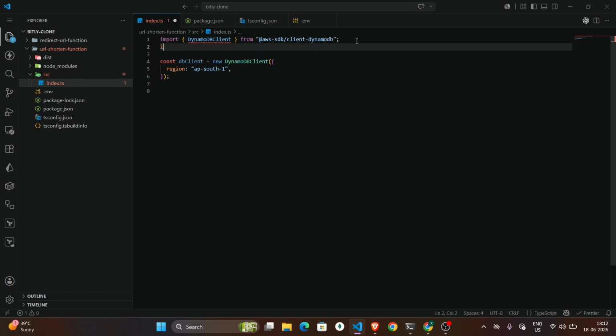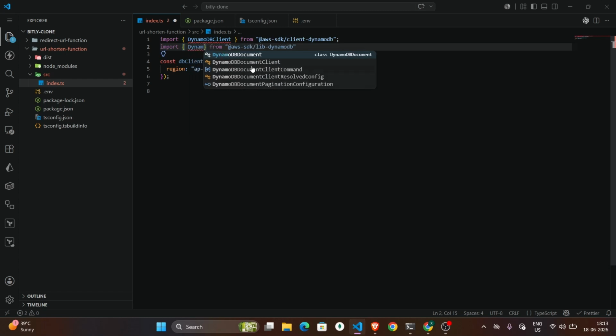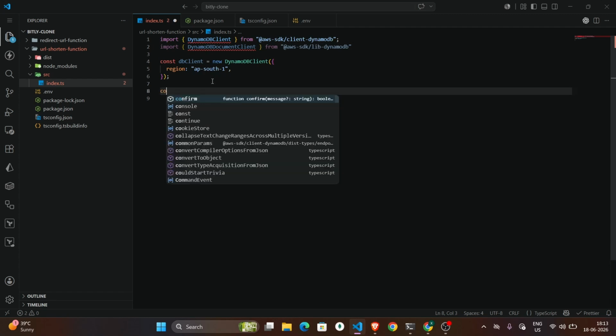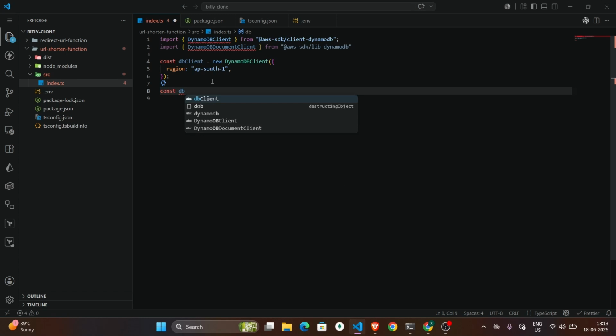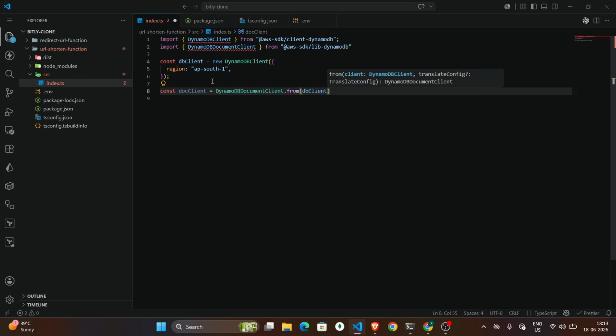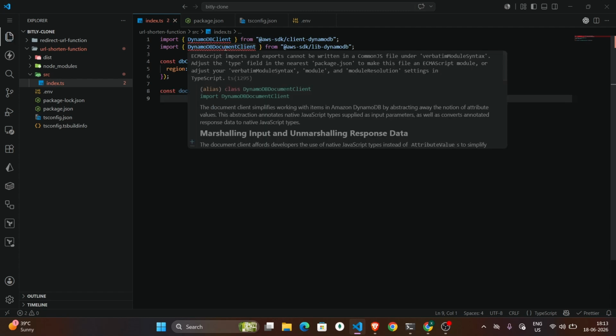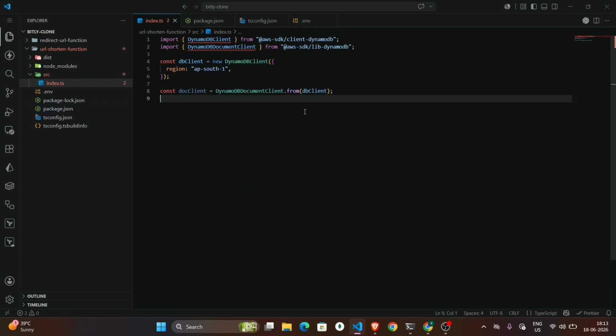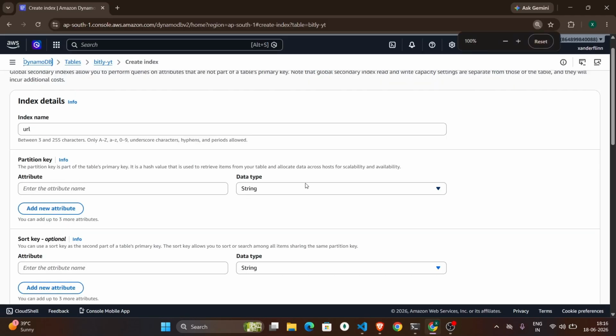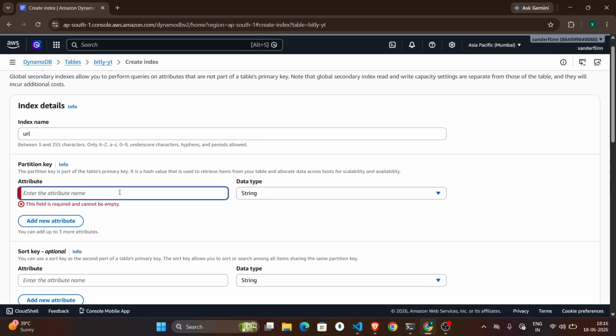Now import from lib DynamoDB the document client. const db doc client equals DynamoDB document client dot from, and pass this db client as an argument, and that's it. Let me restart my